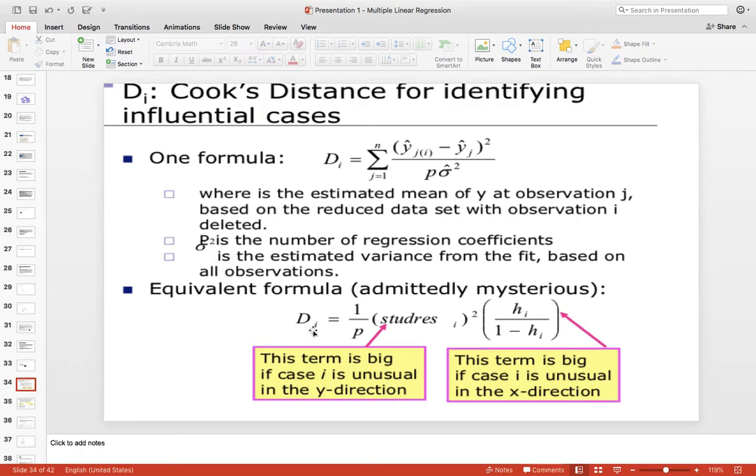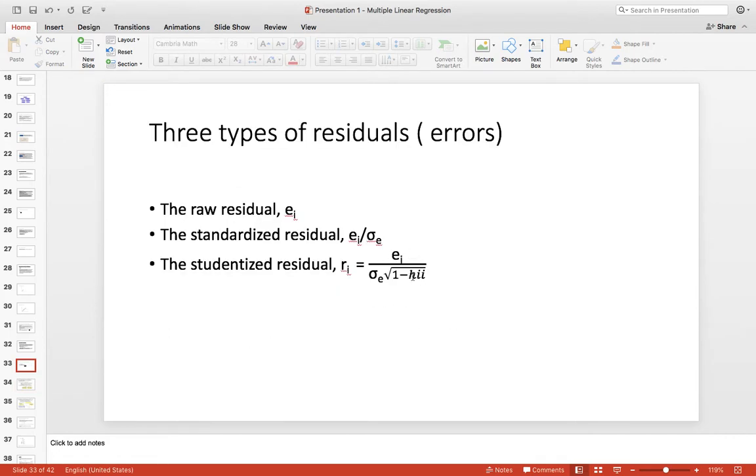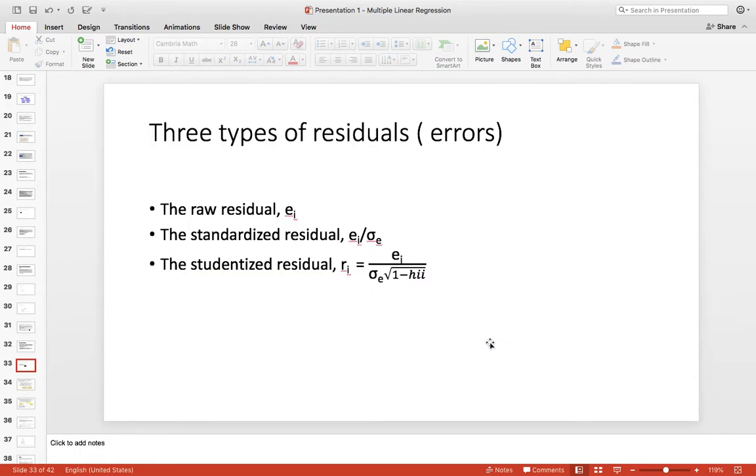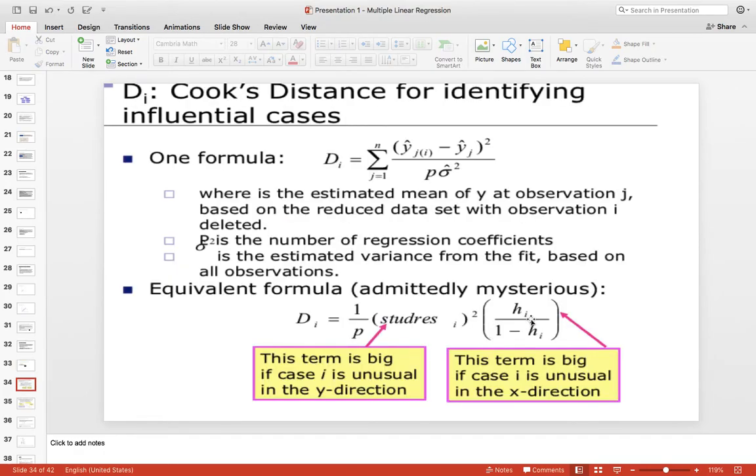This is much simpler. The same D_i is calculated as 1 by p, where p is the number of parameters in your regression, in our case 5, times the studentized residual squared, that means you square the whole thing, times h_i, the hat matrix element, divided by 1 minus h_i.